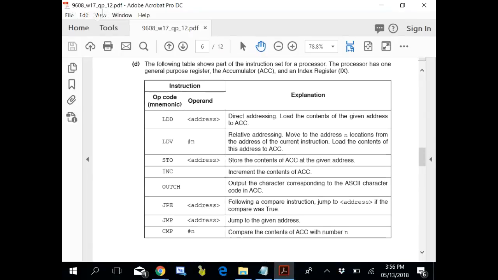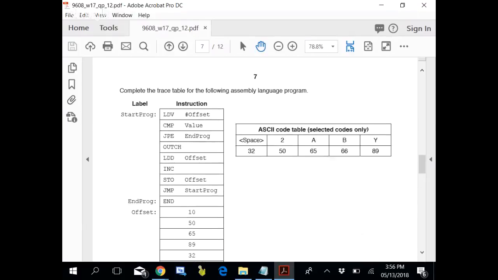Let's first see. Relative addressing. Oh, it is not. It is LDX. It is LDX. Relative addressing. Move to the address and locations from the address of the current instruction, load the content of this address to the accumulator. It will go 10 times ahead. 10th value. This is LDV as in LDX. Sorry.